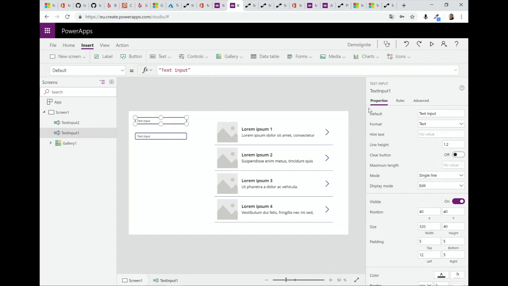So I just put here some default value, restaurant, for example, and for this one, Amsterdam. I can do something else, but it's just for testing purpose.